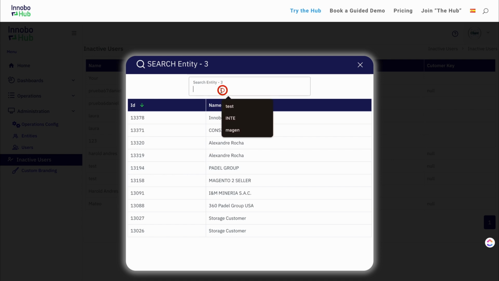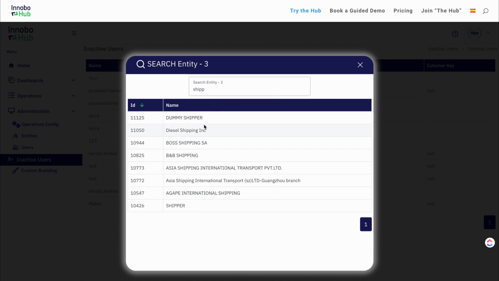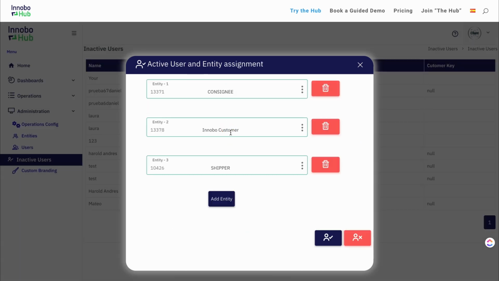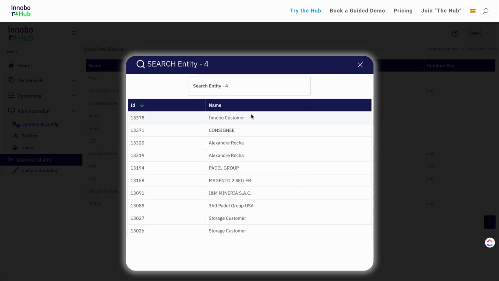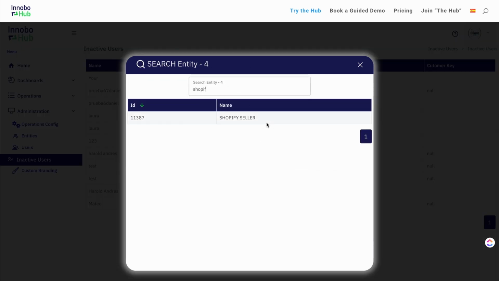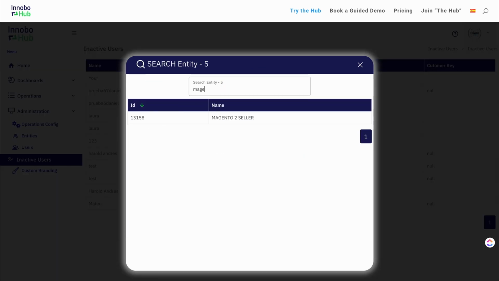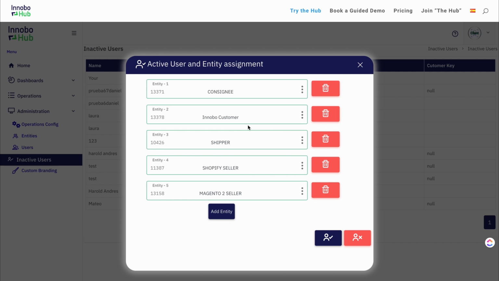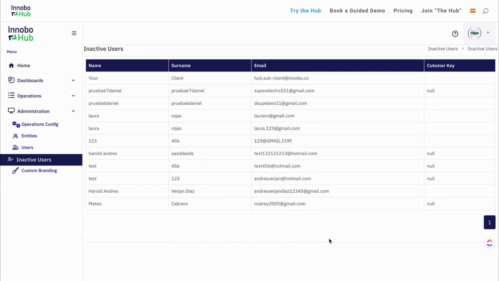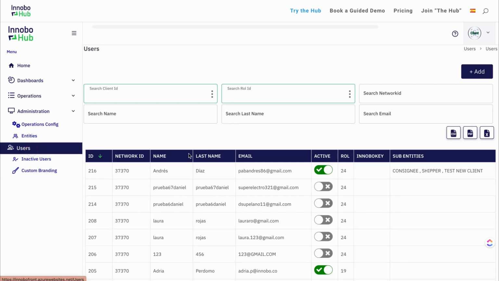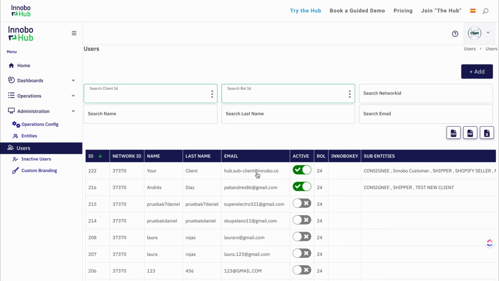I will do some examples here. Shipper, I will do Shopify seller, I will do Magento 2 seller, and you can do as many as you need, because sometimes your customers have involvement with several organizations at the same time. So as soon as you click on the accept button, on the check button, the user will disappear from this list. It will now belong to the active users, and then you will also receive an email,